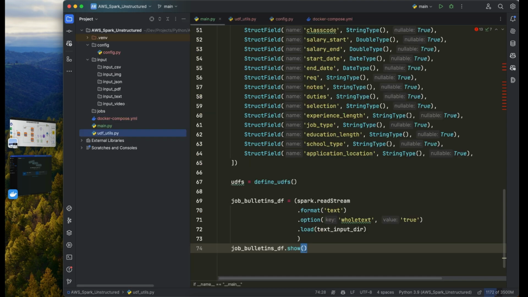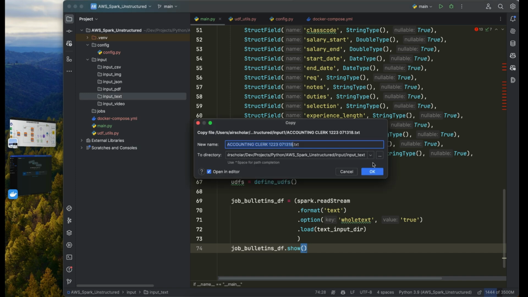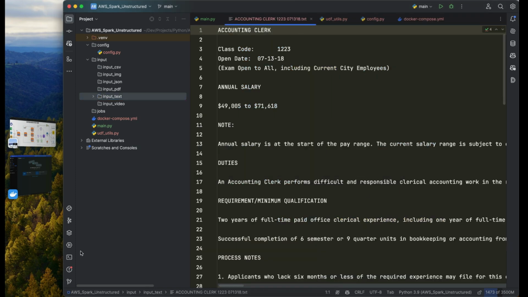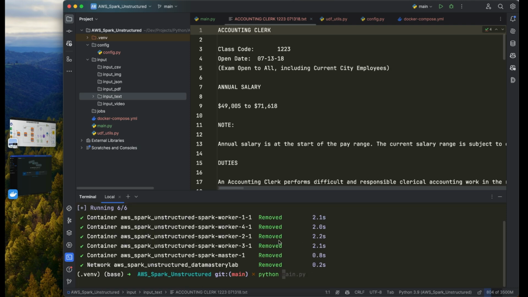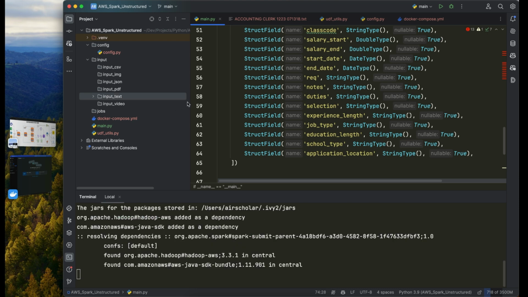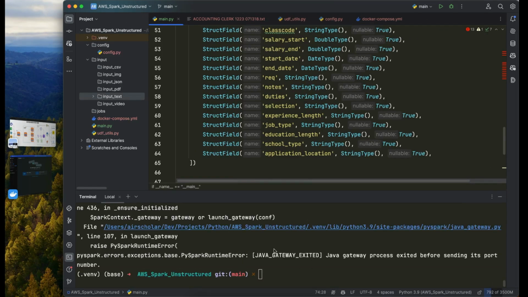All right, so I'll just copy a file from here and paste it in there. Okay, input text, and I'll just put it here, paste, and we can start. We can just start by running python main.py. Because I have PySpark installed on my machine, I can use that directly without issue. So it says, of course, we need to submit this to the gateway so we can have access to all of this